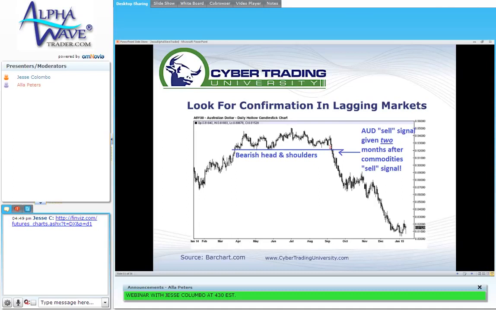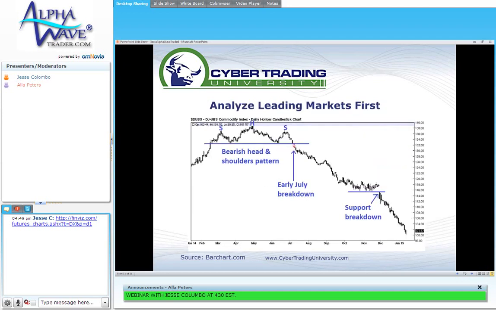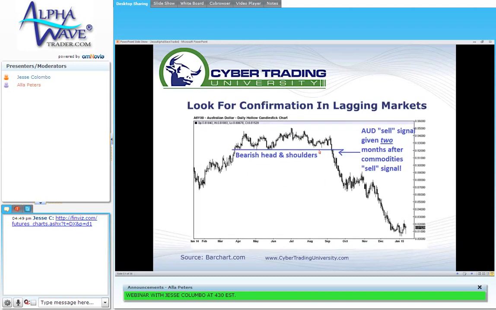And what I find interesting about this is this Australian dollar sell signal was given 2 whole months after the commodities sell signal. I'm going to go back to that chart. So you can see commodities broke down early July 2014. The Australian dollar sell signal was given 2 months later. So that gave you plenty of lead time to